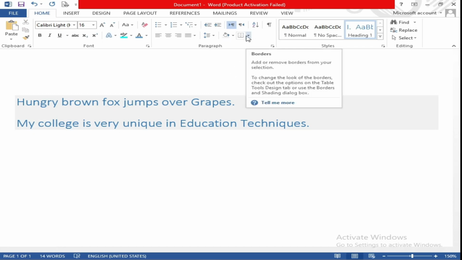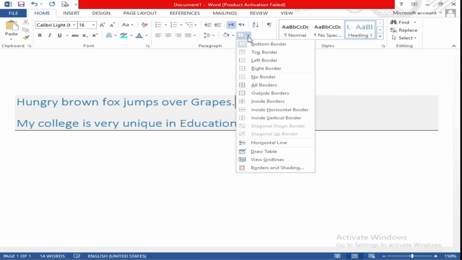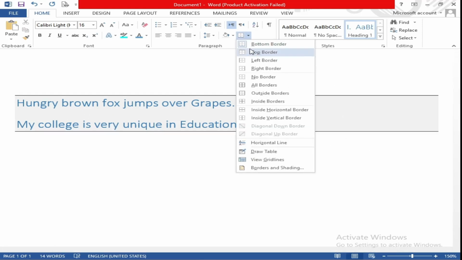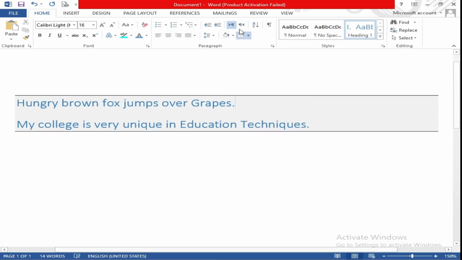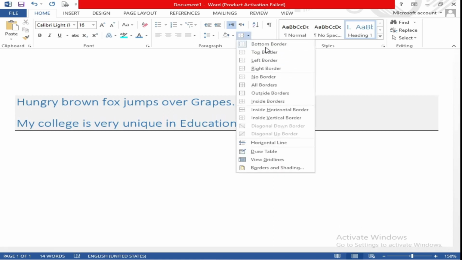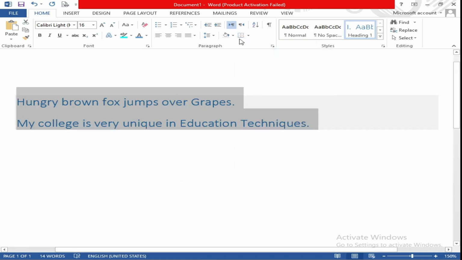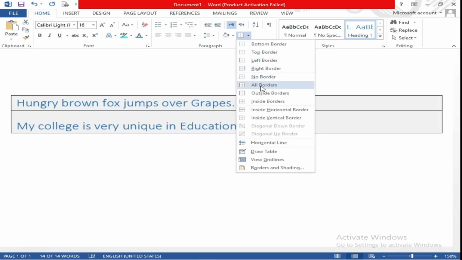After that is the borders. If you want to add borders, you can simply click here, and as you can see, it has automatically made a border around it at the bottom. You can change from here if you want bottom border, top border. In this we have chosen both. If you want to unselect these, you can simply do it. So you will select Control A, and after that we are going to make borders.